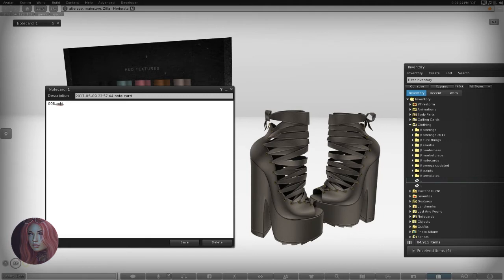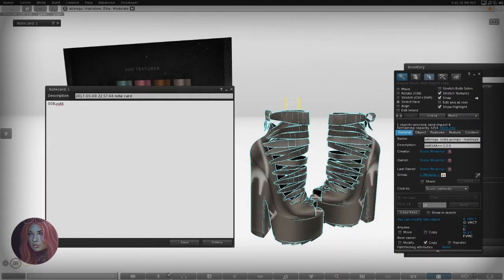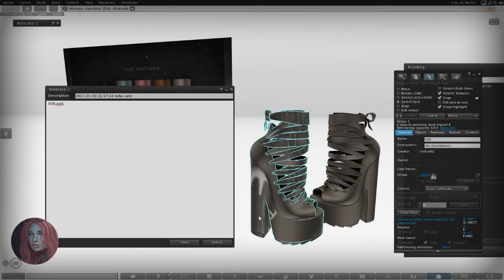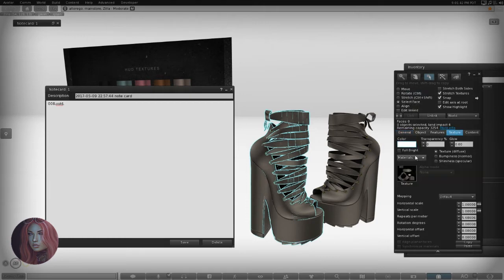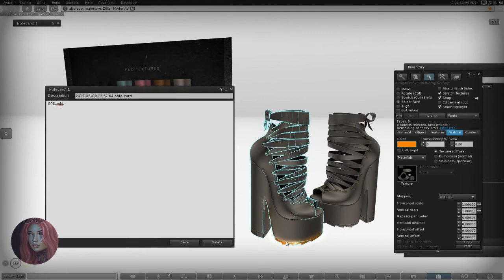But I actually went on here. I'm going to select face, and I'm going to kind of just click around. I honestly don't remember. Okay, there we go. Face 0 is actually the sole down here. Okay, so that's what I'm going to start off with, and I'll actually see it down there at the bottom. I made it glowy so you can see. That's going to be face 0. So I'm going to put 0 here. I'm going to make another line. UUID, and